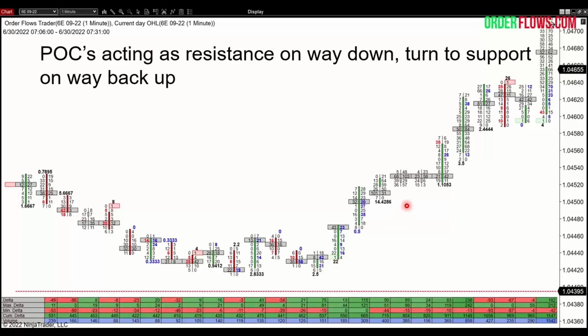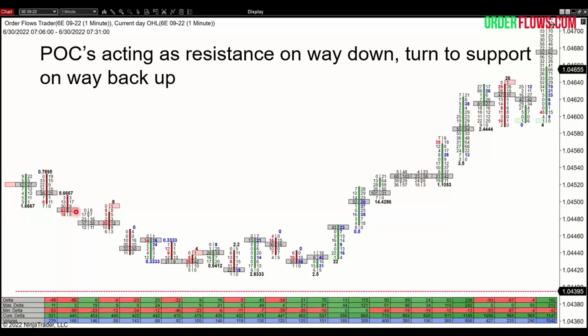And oftentimes you see them acting as support when a market is moving up. Right here, you can see we got a point of control. The next bar, where did it come back? Where did it trade to? What's the low of this bar? The previous bar's point of control. What about this bar? The low of this bar is the previous bar's point of control. This bar, it's one tick above the point of control. Here, we're just 2 ticks above, 2 ticks above, and then we get 3 points of control all at the same level, right? So you can see how point of control on a move up is acting as support,